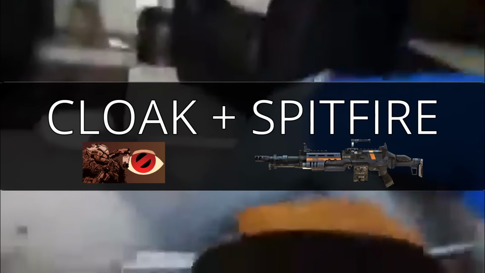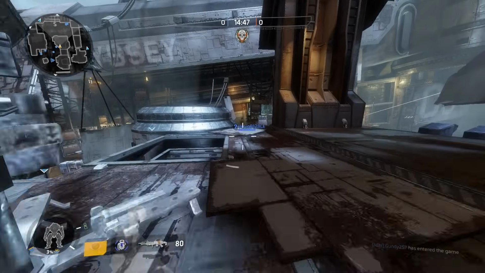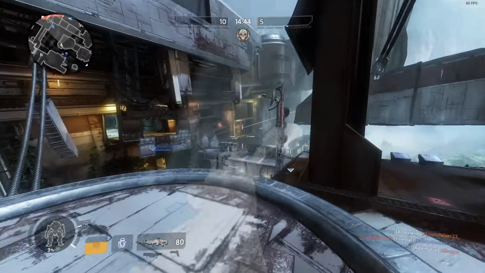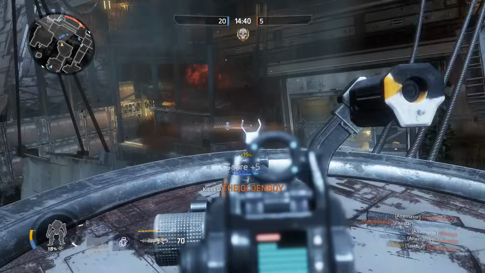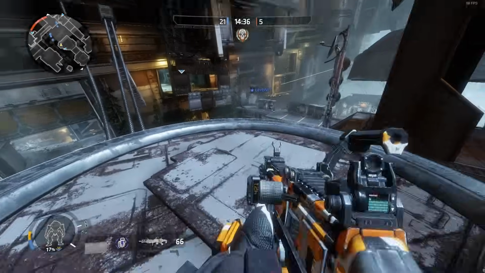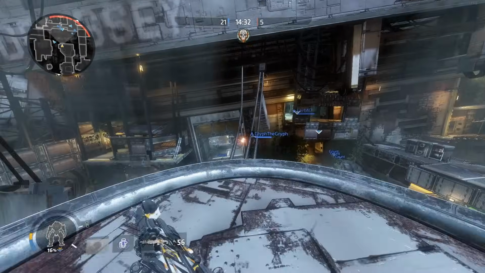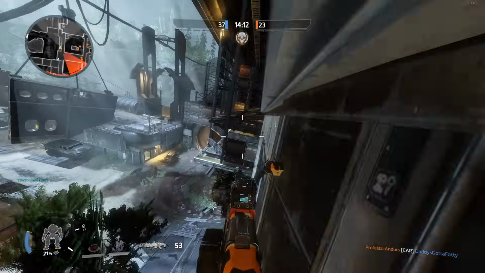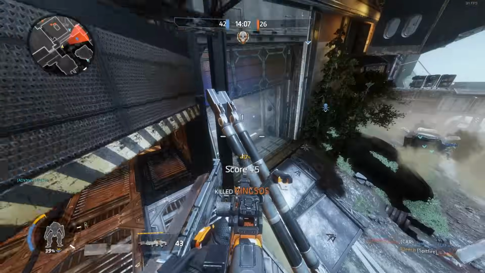And finally, the boogeyman of Titanfall 2, Spitfire and Cloak. Now, Cloak by itself isn't really impressive. In fact, I think it's probably one of the worst tacticals in the game. If you could make yourself completely invisible to pilots, then sure, it'd be a lot better. But as it stands right now, Cloak is good against people who just aren't paying attention. By association though, it becomes one of the most hated when combined with a certain playstyle, and of course, the